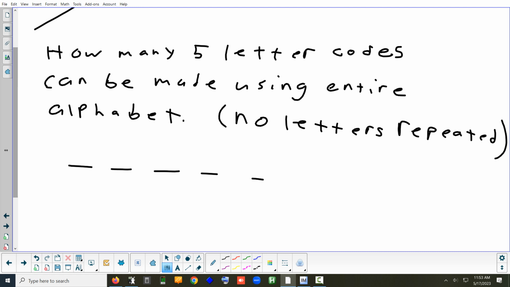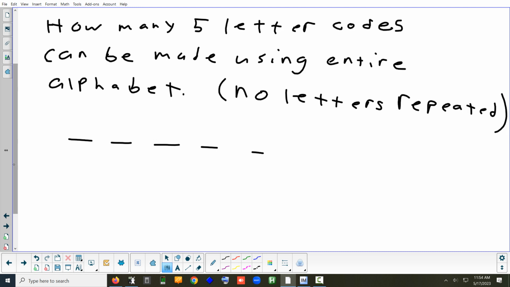You can try to do it this way and think of how many ways you can choose the first one, the second one, the third one, and the fourth one. Or first figure out if this is a permutation where the order is important or a combination where the order is not important. What is this? That's a permutation. Anytime you're making a code, the order of the letters is important. How many letters are you choosing from? 26. And how many out of the 26 are you picking? 5. So it's n factorial over